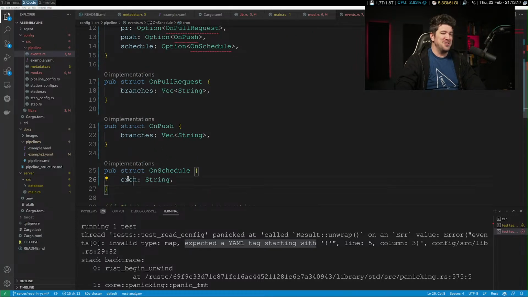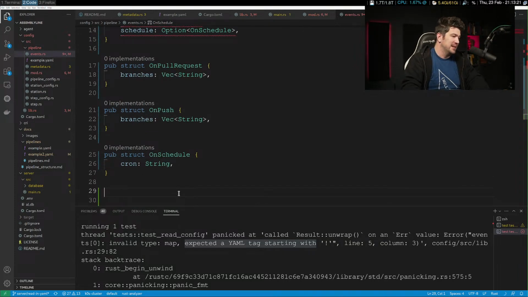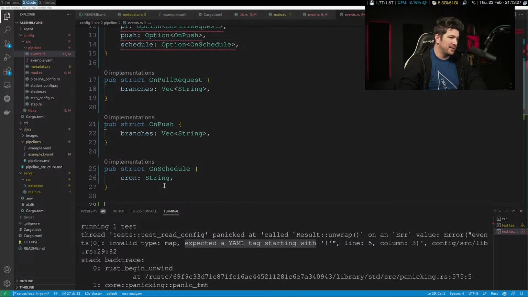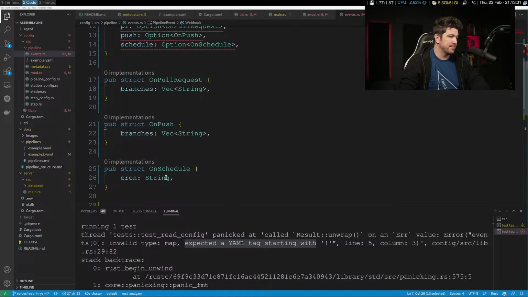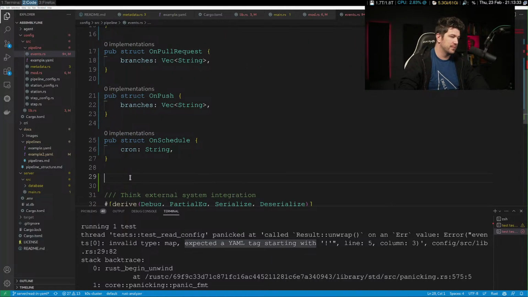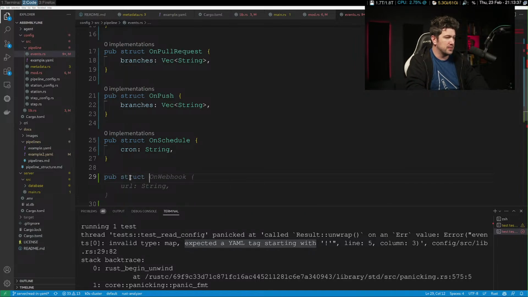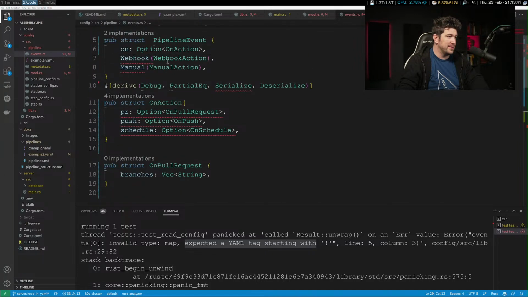On schedule. It knew I wanted cron. I knew I liked you. Come on, give me the next one. Not gonna do it. You suck. I wanted webhook action. Pub struct. No, it's webhook action.